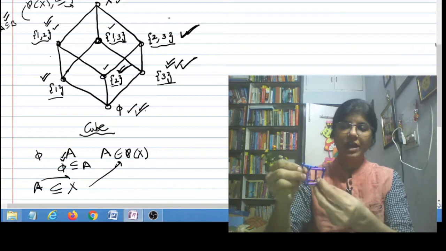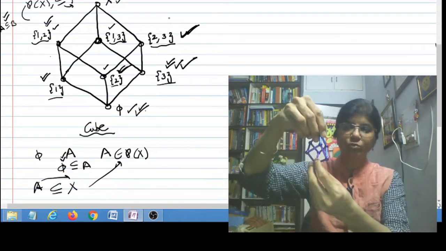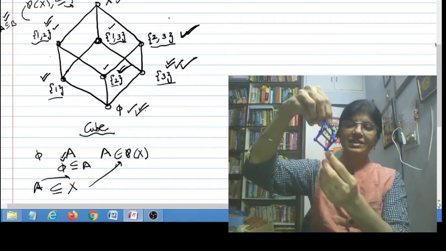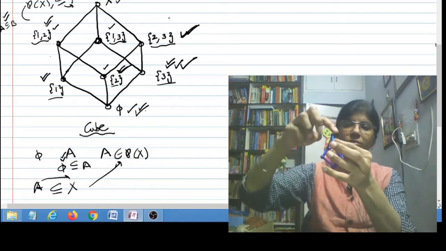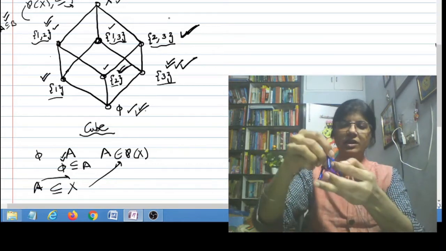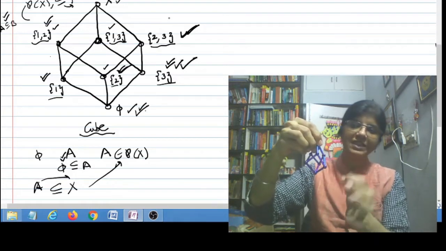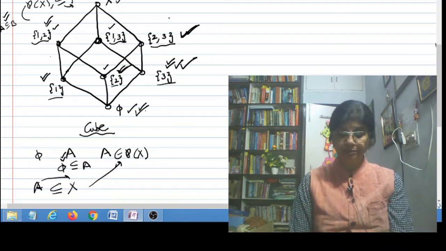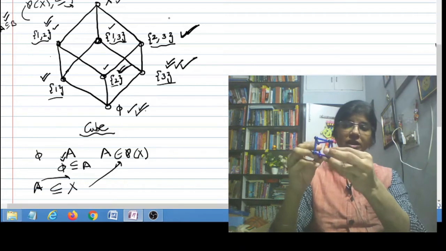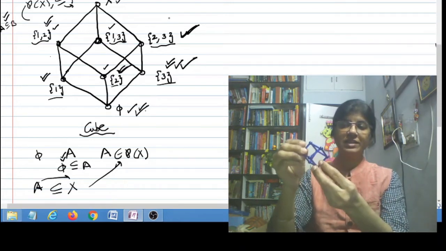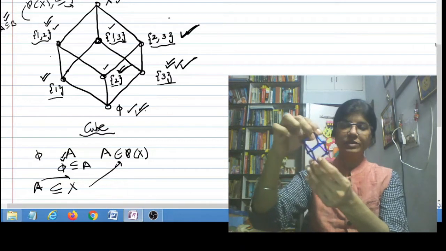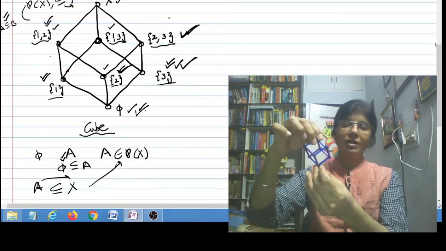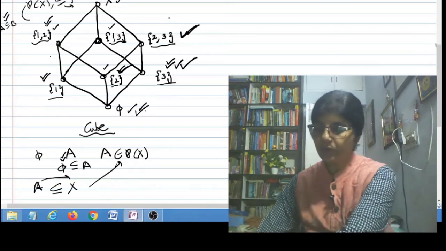In fact, this is a cube, and if you hold this cube like this, it is a small model of the diagram, where phi is at the bottom and X is at the top. These balls are all magnets, and these sticks are also magnets. So this model has been made with the help of magnets. If you hold it like this, it will clearly represent the diagram which I have shown on the screen, the Hasse diagram of the power set of X. So this is something we already know.